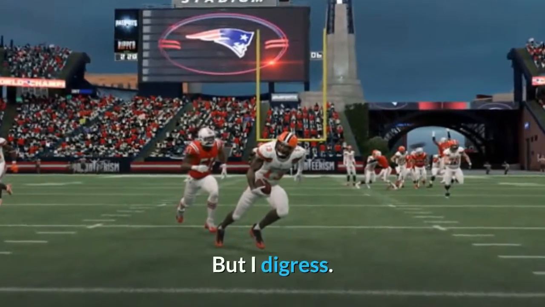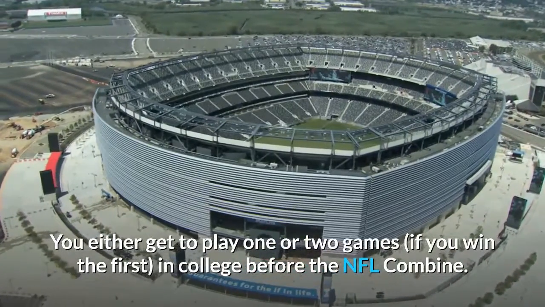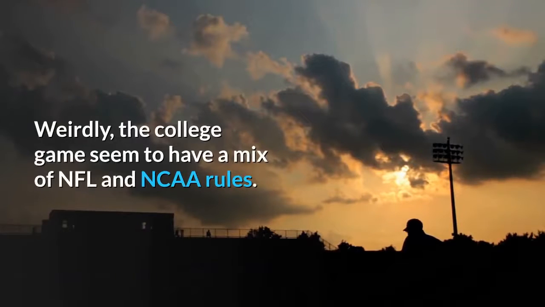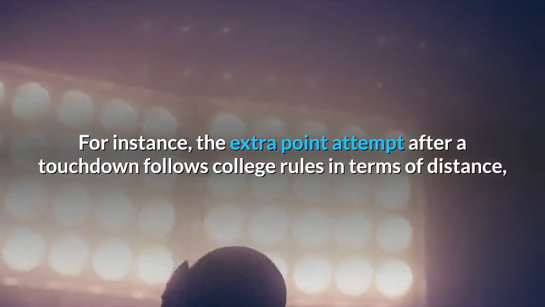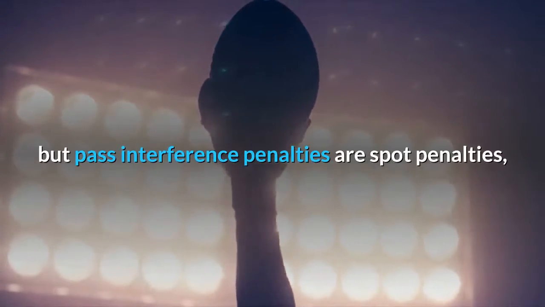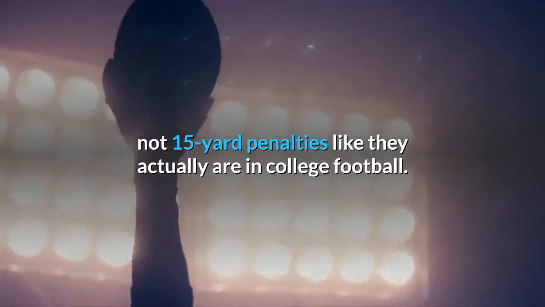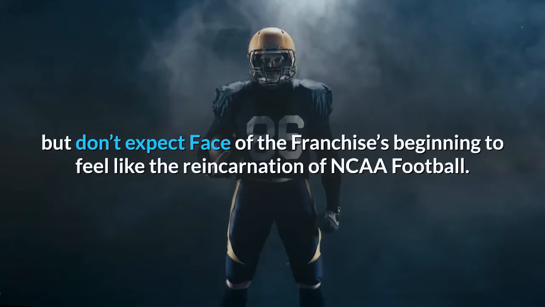But I digress. You either get to play 1 or 2 games, if you win the first, in college before the NFL Combine. Weirdly, the college games seem to have a mix of NFL and NCAA rules. For instance, the extra point attempt after a touchdown follows college rules in terms of distance, but pass interference penalties are spot penalties, not 15-yard penalties like they actually are in college football. These may sound like trivial complaints, but don't expect Face of the Franchise's beginning to feel like the reincarnation of